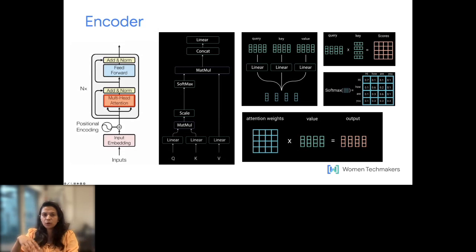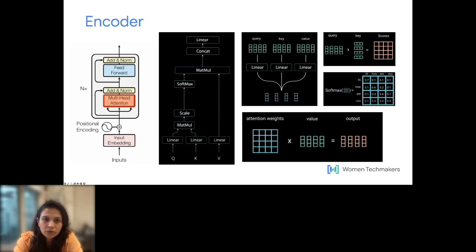But just to give you a brief of what query, key, and value is, take the example of YouTube search. If you go on YouTube and search for a video, you type in something like "video on LLMs," right? So your query would become whatever text you're searching. It will use that query and search in the database. It will search for the keys. So the key here would be your video titles and descriptions, right? And then if the key matches, it will fetch the video. So the video would be the value here corresponding to the key.